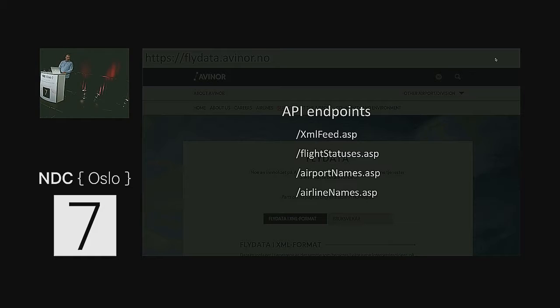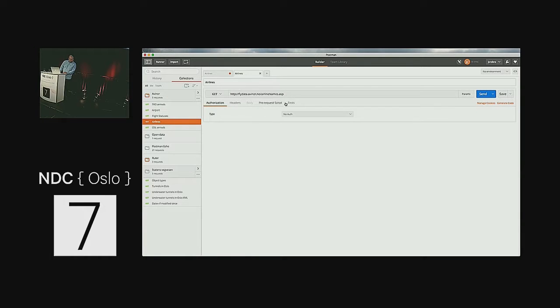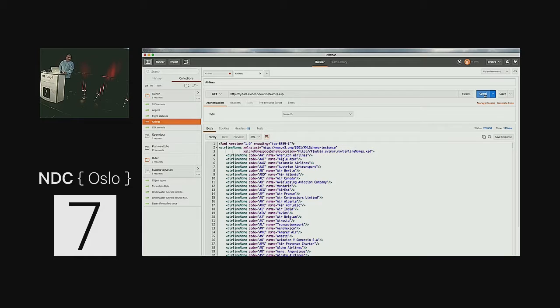So I was going to show you some API calls. I used the Postman API client here. You'll get it from the Chrome App Store, or I think it's ported to Firefox, and it's also a standalone app for Mac. So I have it on a separate screen, so I'll try to show you. Here, I'm not sure if you can read it, but yeah, it's pretty small. But I'll try to execute this, and you see that you get the code list for